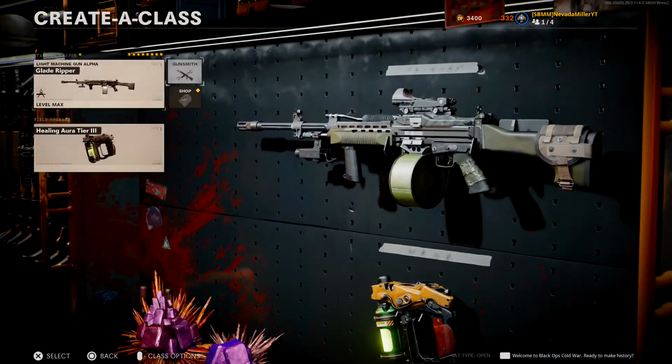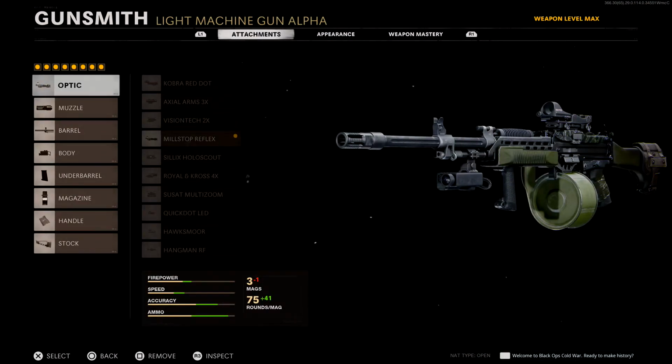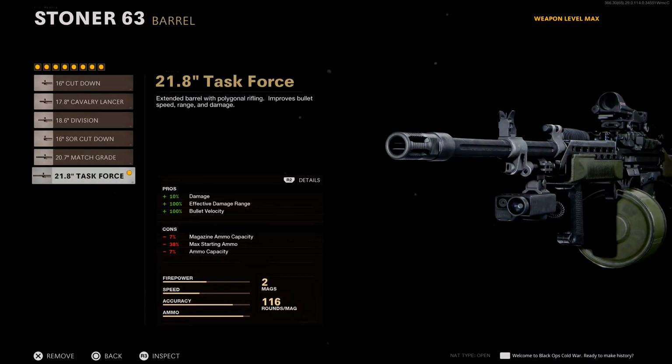I guess I should show you what gun I use to kill Orda over and over and over, because it's probably the best gun to kill him. It is the Stoner 63. You can use whatever sight you want on it. I recommend this muzzle, the Task Force